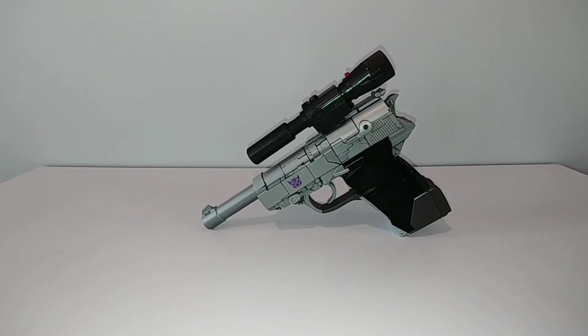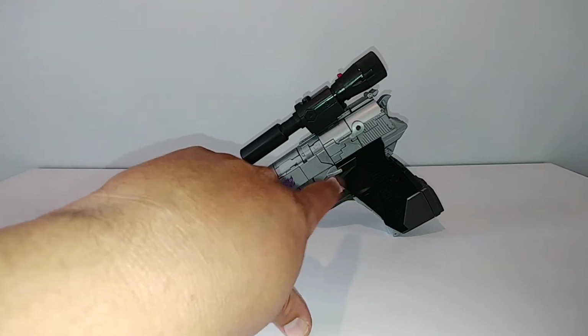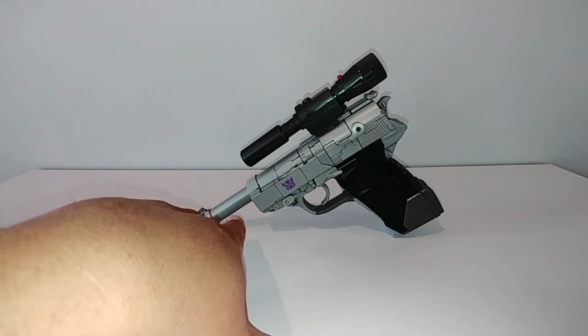Today is one of my first Masterpiece Hasbro figures, MP36 Megatron, along with the nice stock here that I got from Toy Dojo. This was actually from TF Direct. This is actually the KO of MP36, because I bought the original one from Chosen Prime when it came out, and I just didn't have the heart to transform it because of all the stuff that was going on